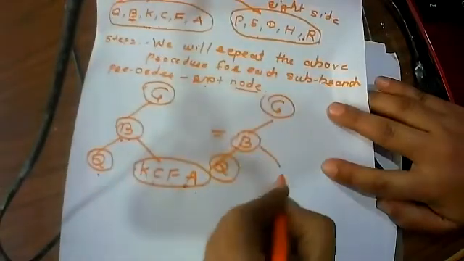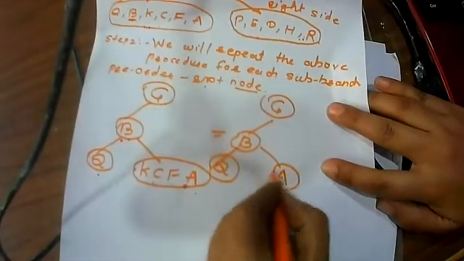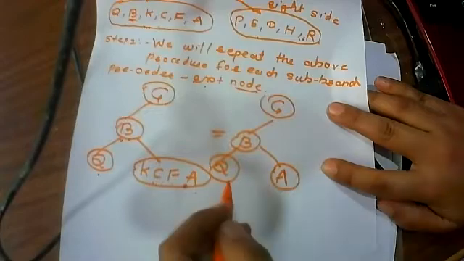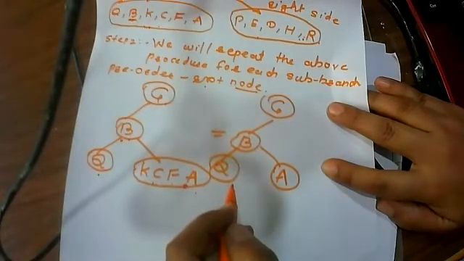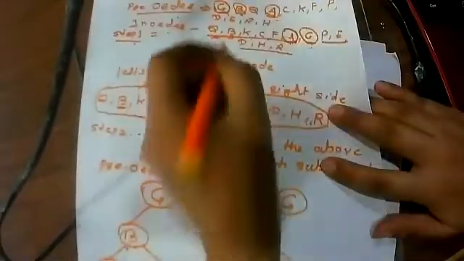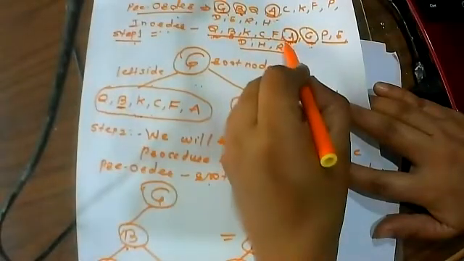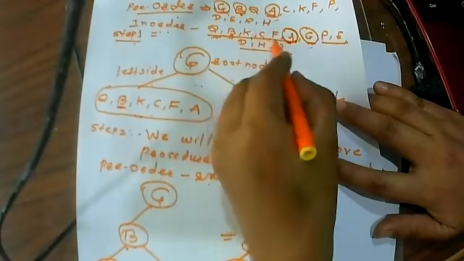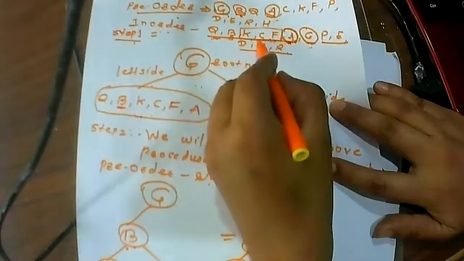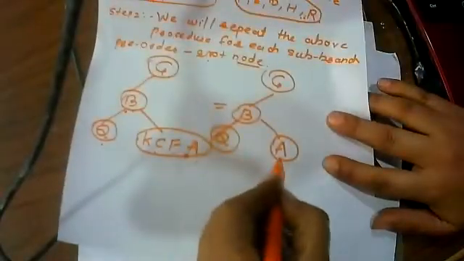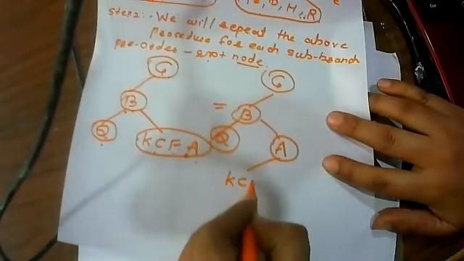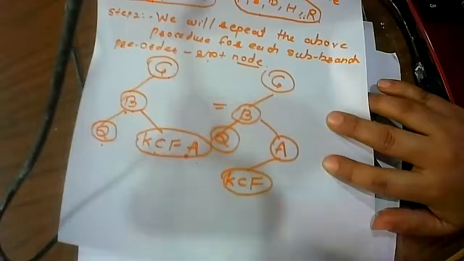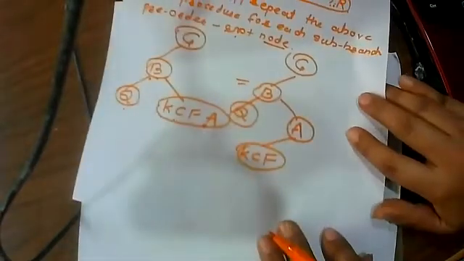Okay, so now A will be our root node that we decided, but just concentrate here. KCFA. So what is the concept of KCF? Again check in in-order. Where is A? Before it are the KCF nodes. That means all of these are the left child of A, so they will be placed as the KCF. I hope everyone agrees with this. Fine everyone. Now you can construct a tree accordingly.